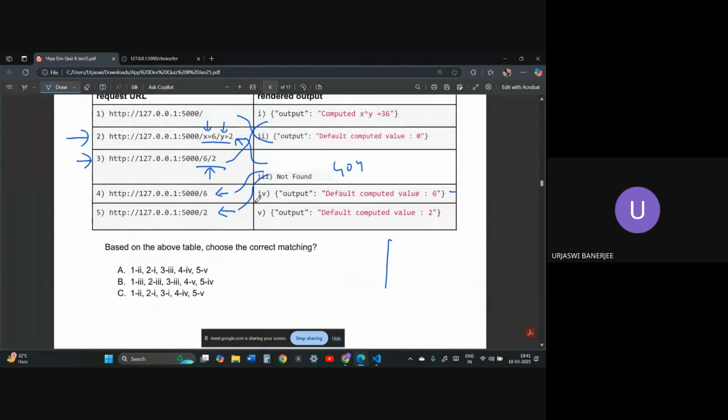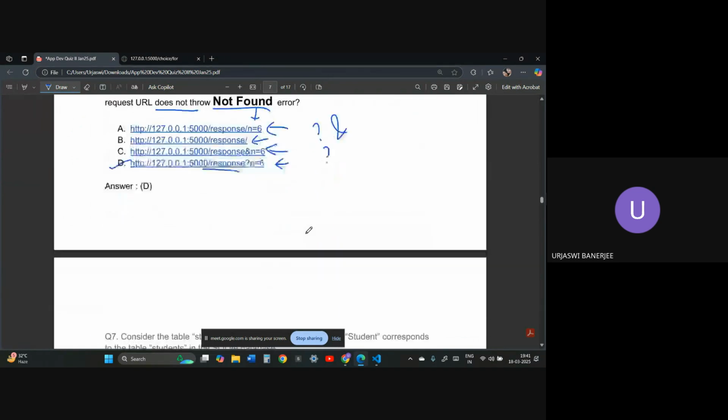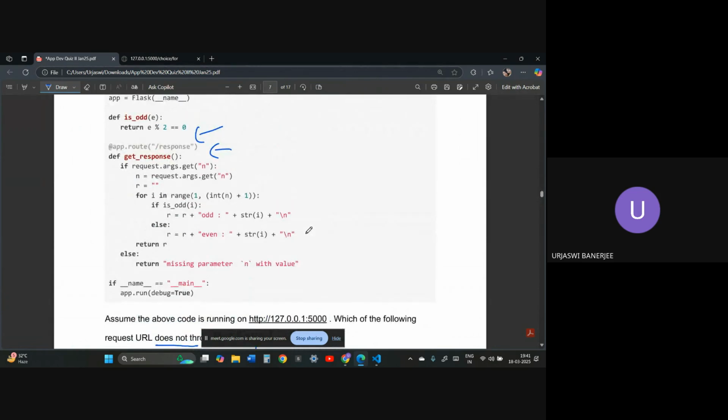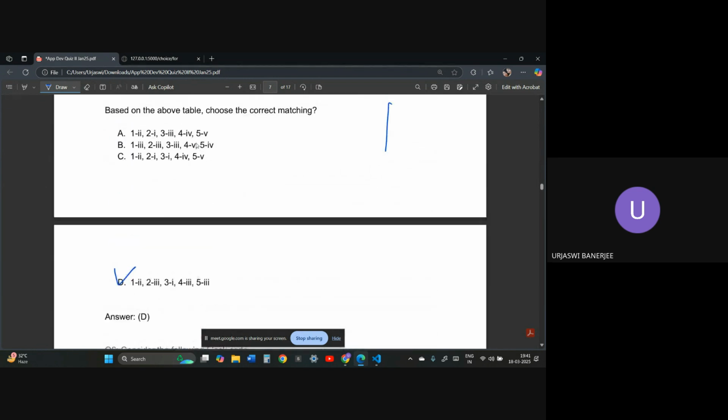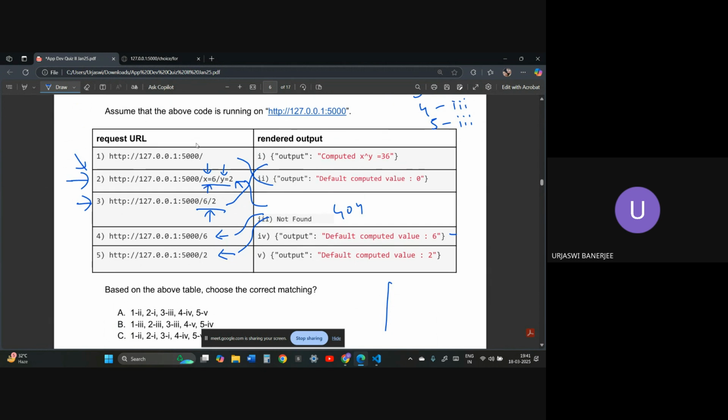APIs don't have routes. So at the rate app dot route, you mention it inside of the route. Suppose over here, let us take the response. So slash response, and suppose you want to pass something, and inside of that you mention int as x. As long as you mention int over here, you don't need to mention it again. You can pass it like this. Don't think that I am taking it as this; I'm just taking it as an example. For APIs it is different. I am just taking a hypothetical situation.